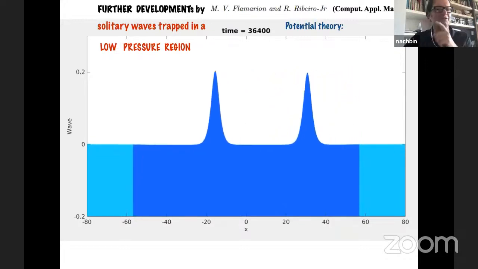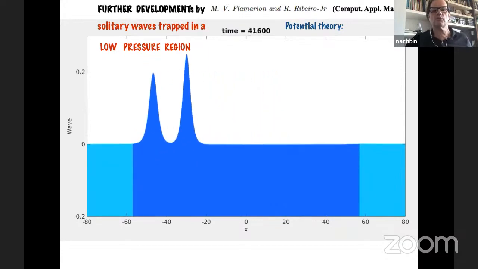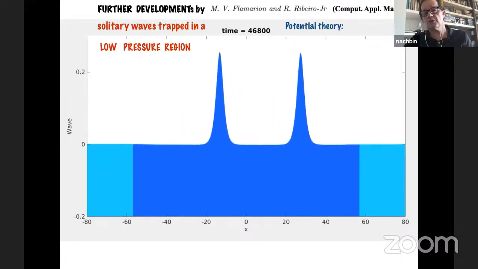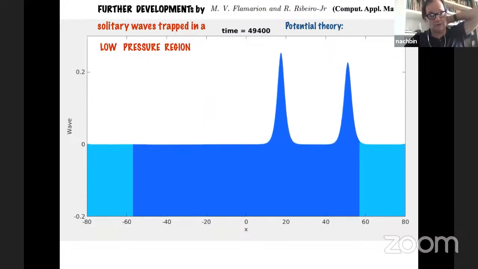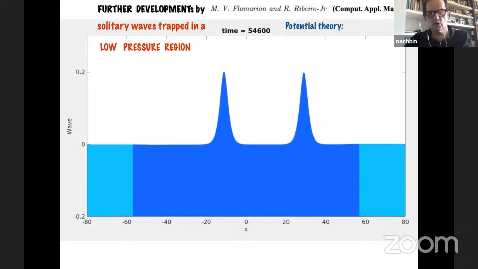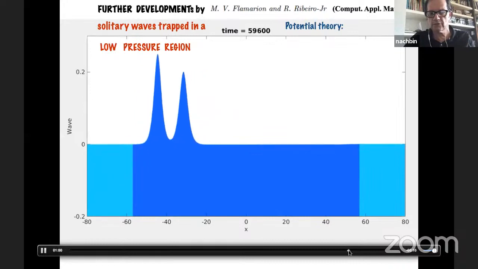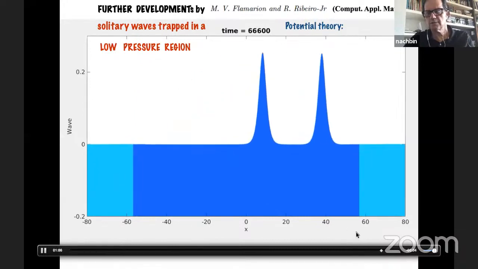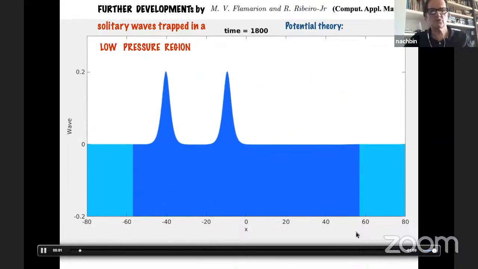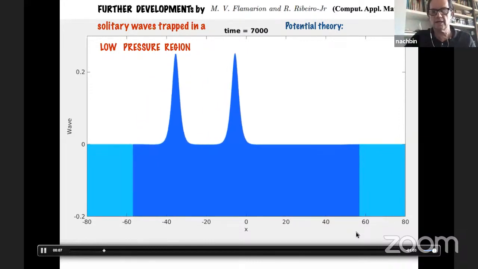No, it comes back. I think it's going to be expelled afterwards, but it's a very nice problem of these solitary waves trapped in this low pressure region. They're solving potential theory using the technology they developed in their thesis and so on. And then eventually, this case goes out. Let's see if I remember. Yeah, let's see. Oh, maybe the movie is still going to go on. Let me accelerate it a little bit. Let's see. I've been announcing it goes out. No, I was wrong. In this case, it stays in the domain. There are other cases where eventually it collides and goes out.